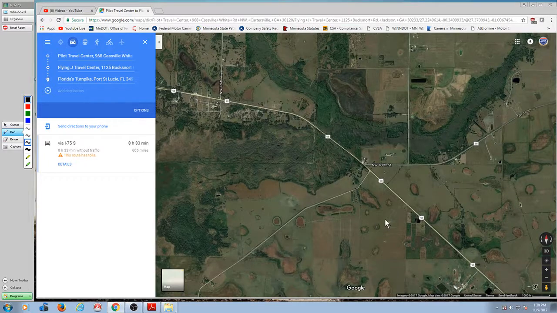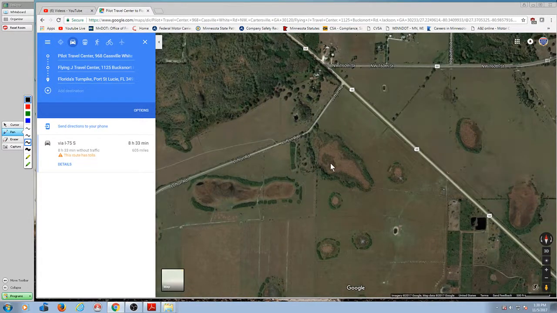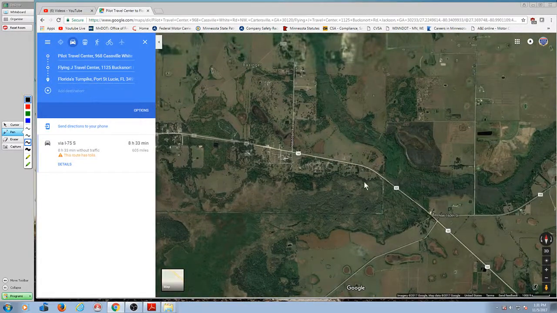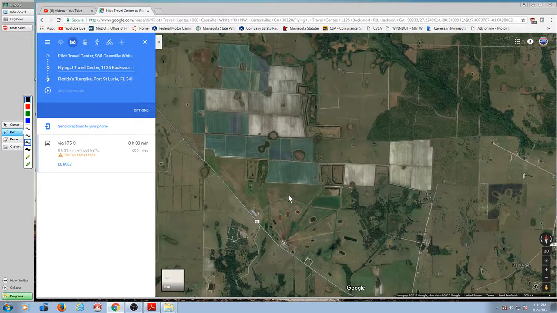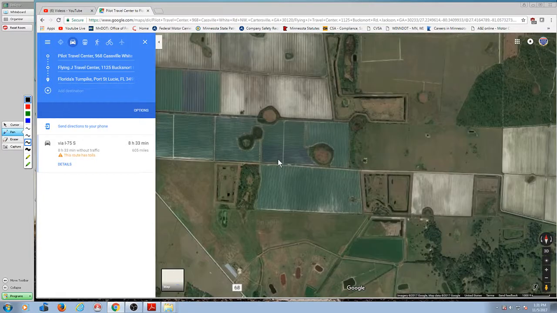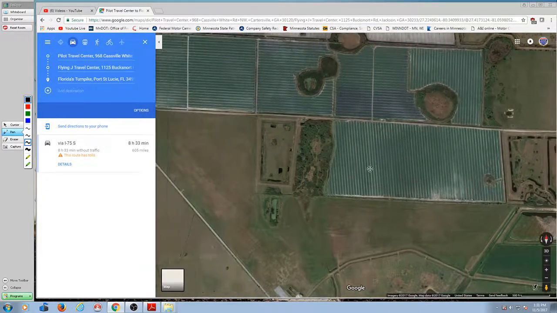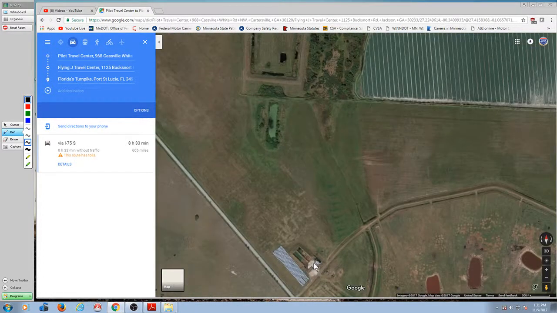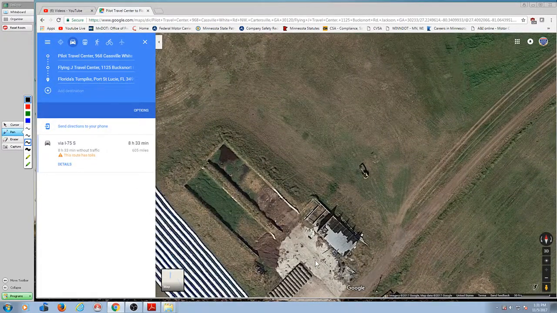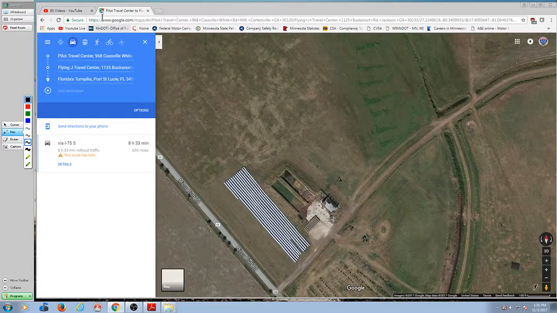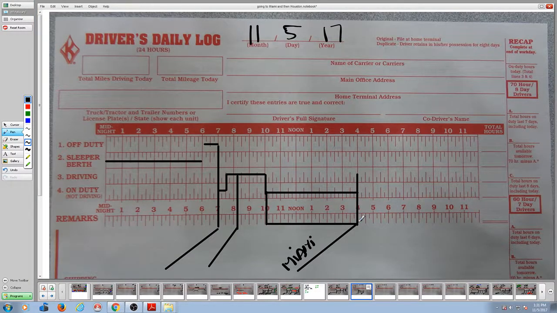See all these nice farms? Okay. So we're going to go out here to one of these farms and grab us some strawberries. See, there's a field right there, see? So that's where we're going to go. We're going to go to that farm right there. We're going to pick up some strawberries or something. All right? So that's what we're doing here. We're going to leave at 4 in the afternoon. We're going to drive out 2 hours to get to that location. We got there at 6 in the evening,